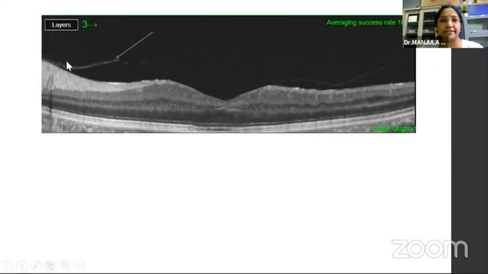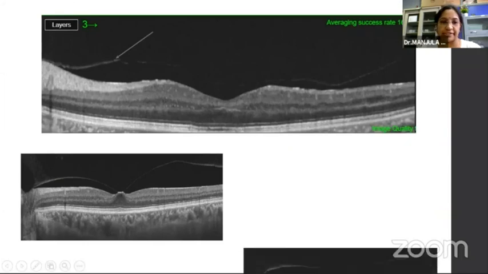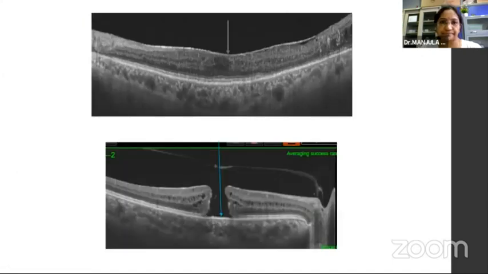Now let us read this here. If you see the posterior cortical vitreous, you see it as a thin hyperreflective membrane separated from the retinal surface. However, the contour is normal and the central macular thickness is preserved. But here, even though it has separated, it is still attached at the fovea, thus abutting the foveal contour. This is called vitreomacular adhesion. Here, it has not only attached to the fovea, but it is also causing a pull, hence increasing the central macular thickness. Hence, it is called vitreomacular traction.